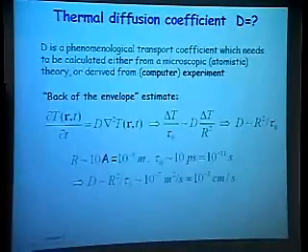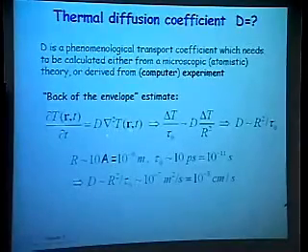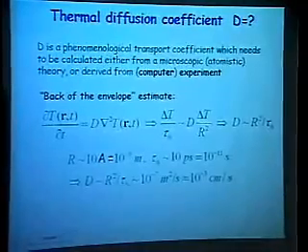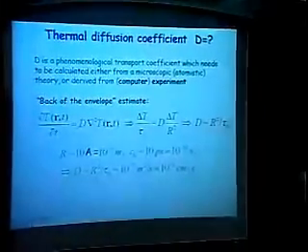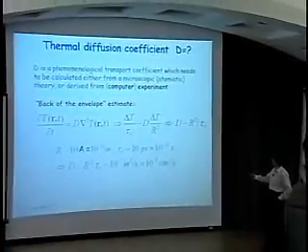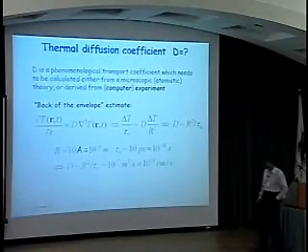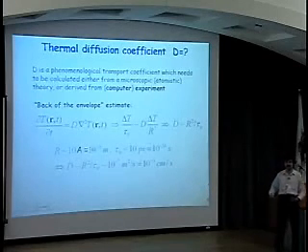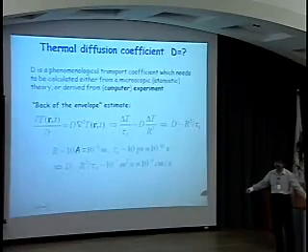Once you have that, we immediately can calculate the thermal diffusion coefficient, because delta T over tau 0 is just simply D times delta T over the distance square on which the temperature changes, which is of order of r. R is the radius of the protein. If you work this out, you get that the heat diffusion coefficient is proportional to the size of a protein square divided by this crucial time, tau 0, which we don't know what it is.